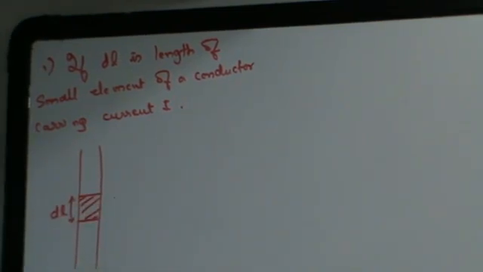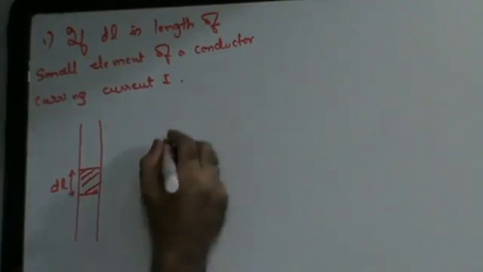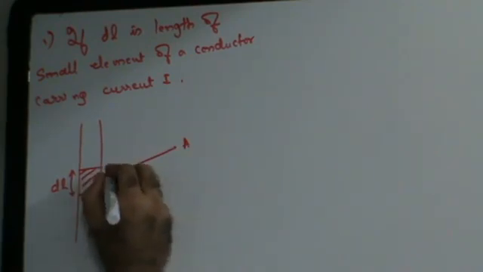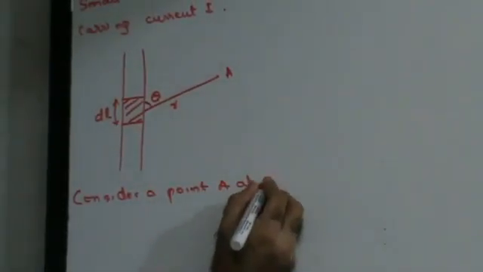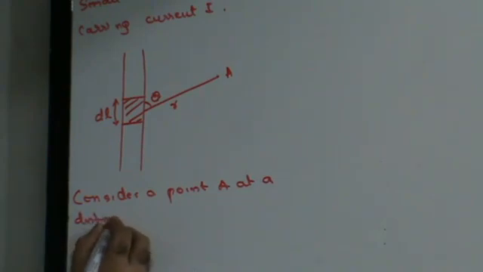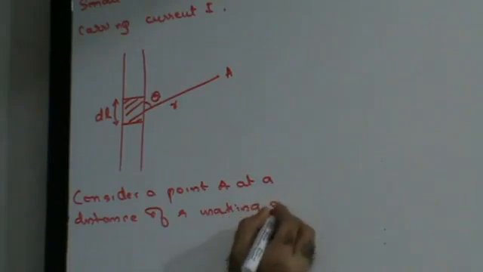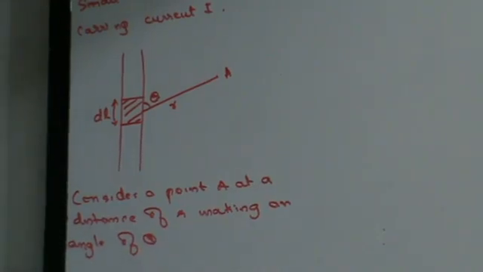Now, let's also consider that there is a point A which is at a distance of r from the center of the conductor, making an angle of theta. So consider a point A at a distance of r, making an angle of theta. In which case I can say that by